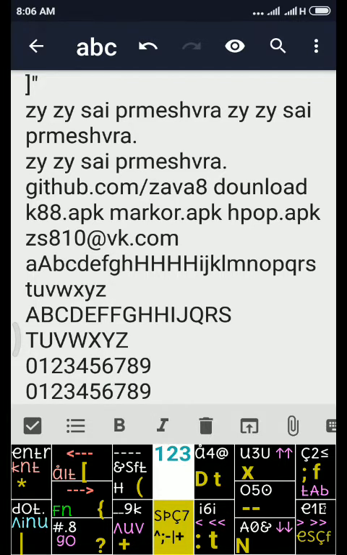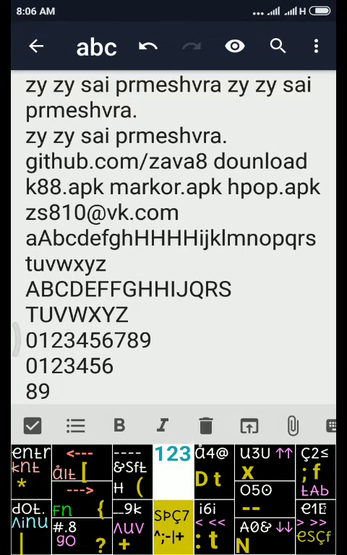In num mode the minus key will also work. Then back quote, and the delete key will also work in this, and the enter key will also work. The dot key will work, like when sometimes we have to write a decimal point number. So in this way the numbers will work.